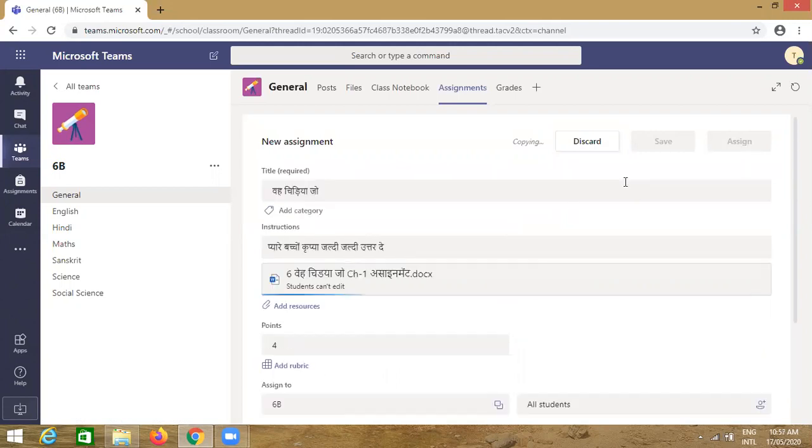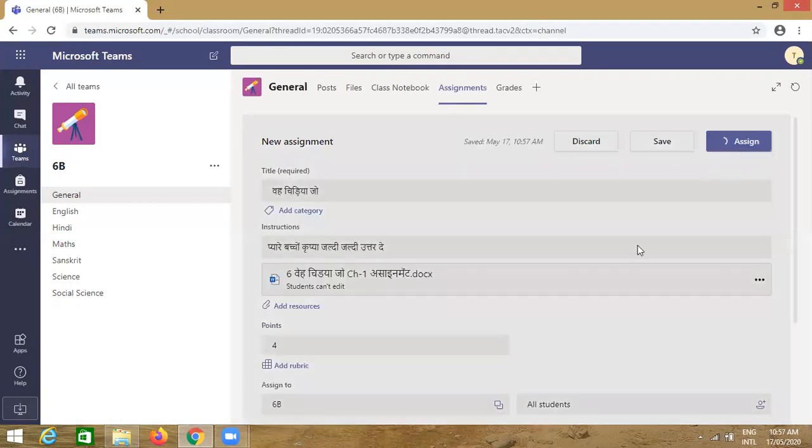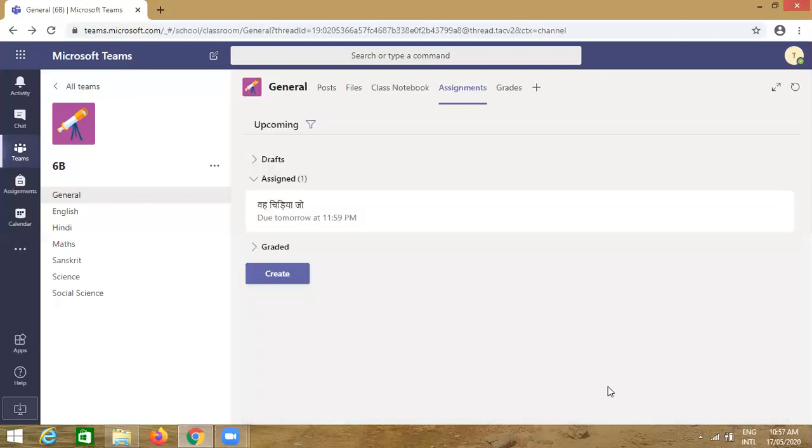So this way automatically this assignment has been assigned to the students of 6B. Now when uploaded, click on assign and you will find the message here regarding the assignment. See, assignment 6B general. So like this, you can give the assignment from one class to another class.